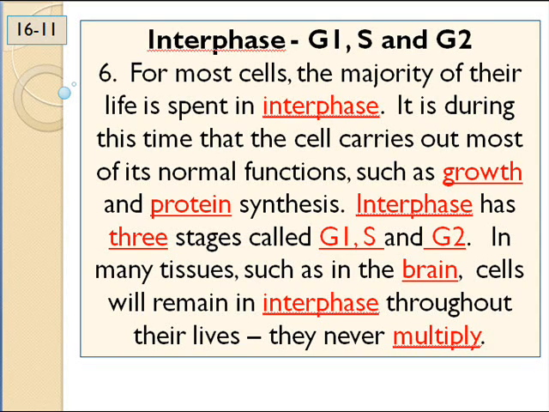Most of a cell's life is spent just living, being a cell. And that's interphase, because when that cell divides, that cell is gone, and there are 2 new cells where that cell was. In interphase, you have 3 subphases: G1, S, and G2. In G1, the cell is just growing from a baby to an adult, getting size, getting mass, getting bigger.